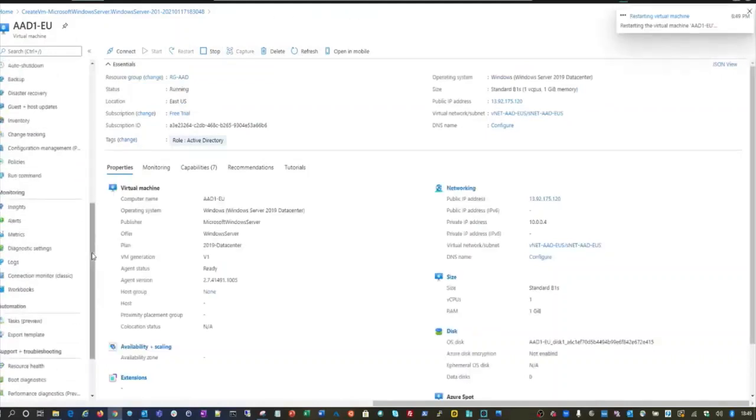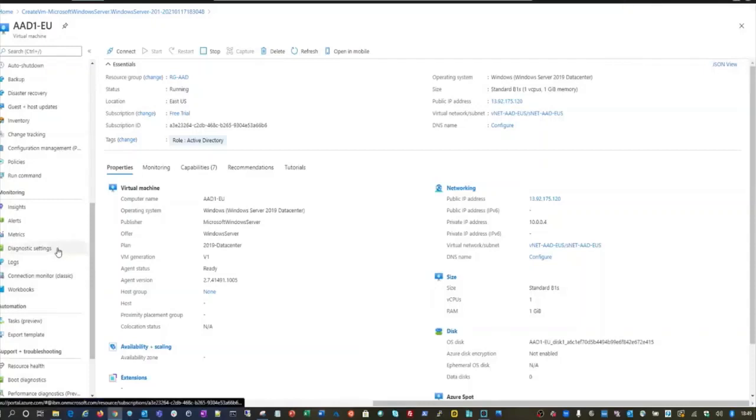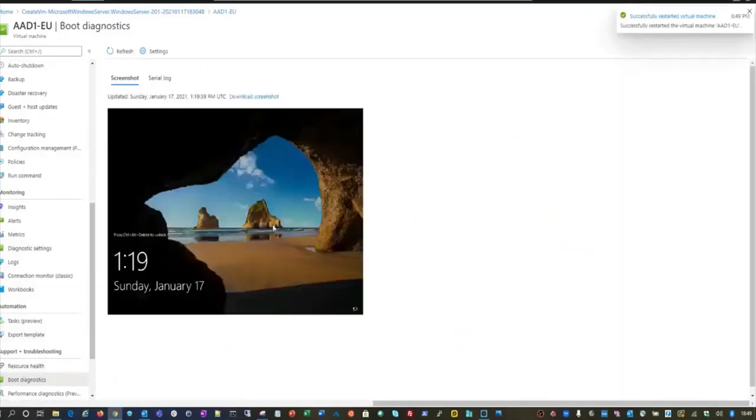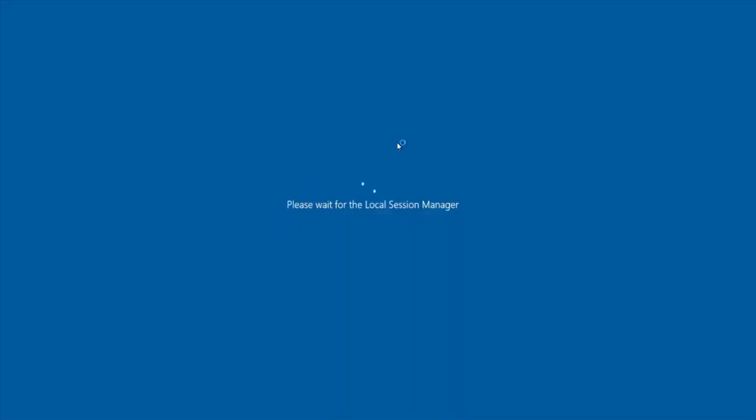While you are restarting, we have enabled the boot diagnostic, so you can go to the boot diagnostic and see what is the current status of this VM. So you can see the VM is back again. So we are back into the VM.